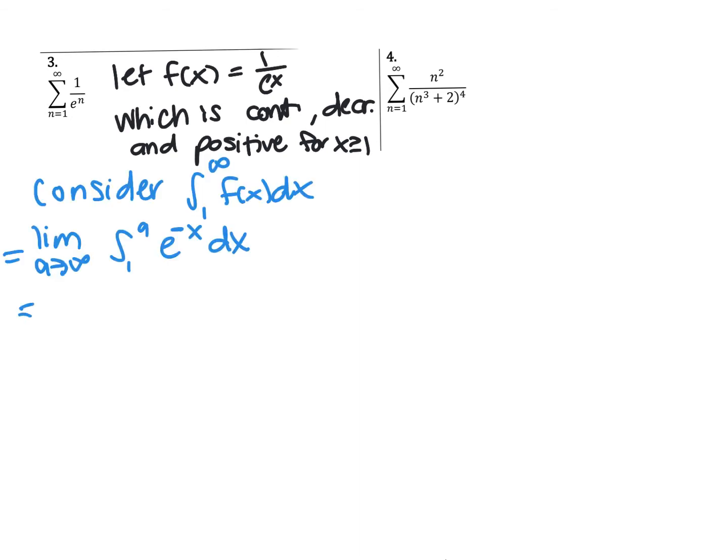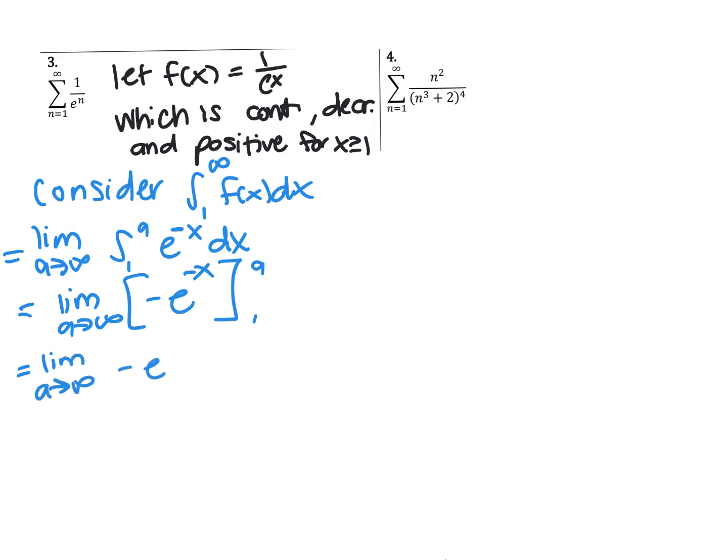And if we find the antiderivative here, this is a pretty easy one to integrate. We would get negative e to the negative x, and we're evaluating that from 1 to a. So this is going to be the limit as a approaches infinity of negative e to the negative a minus negative e to the negative 1, which is going to give us, as a goes to infinity, this is really becoming 1 over e to the power of a, so 1 over e to the power of infinity. So that's going to 0, minus e to the negative first, so this is just going to equal 1 over e, which means that our integral converges,